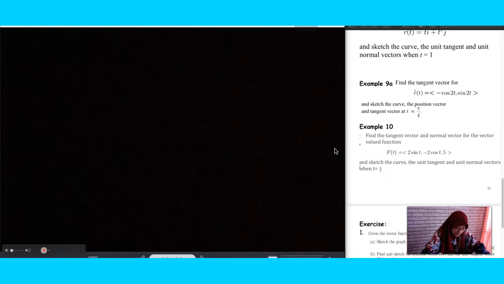Okay. So here now we have, just like I mentioned before, a 3D curve because we have x, we have y, we have z. But then, unfortunately, we have a different function here, so you cannot use the previous example. So you have to find out the new capital T, capital N, and evaluate them. Okay. So the f given,